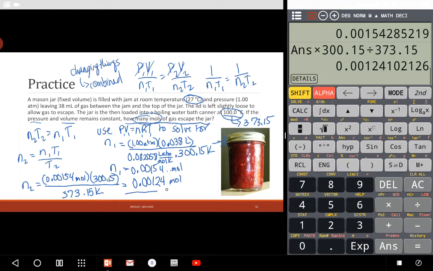Now I can look at these two mole amounts. It's asking for the change in moles because it's asking about how many moles escaped. So to look at how many escaped, I can see this is how many I had initially, this is how many I had final, and I can subtract the two. And so I'm going to do escaped is equal to N1 minus N2. Did I save that number? I did not. So that is